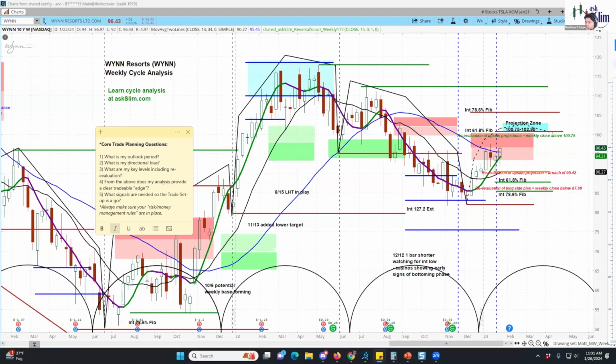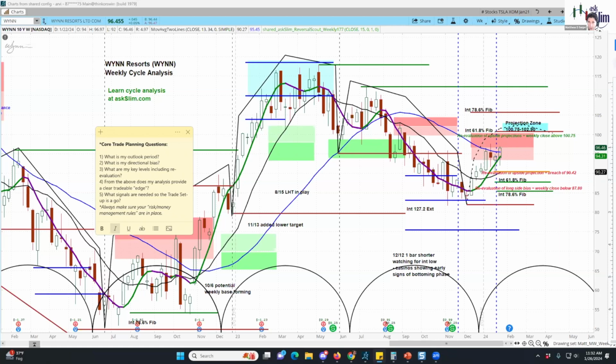So you saw today when Slim introduced this segment, we have an outlook period. It's very important to know what outlook period you're looking at because that will drive the time frames that you're using for your information. And then once you have your chart time frames based on your outlook period, you want to determine your directional bias. So you have to have a methodology that can help you determine directional bias. And then we want to be able to produce key levels. Those would be both our projections as well as our reevaluations that let us know that the analysis that we did is likely changing, and we need to reevaluate that potential position that we have on, whether that would be take it off or lessen it up.